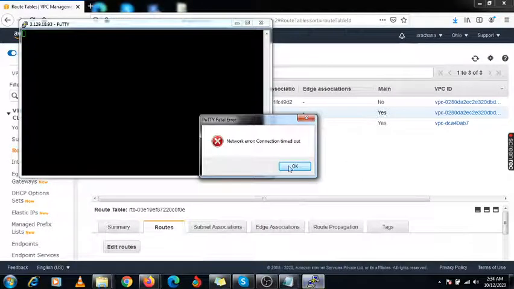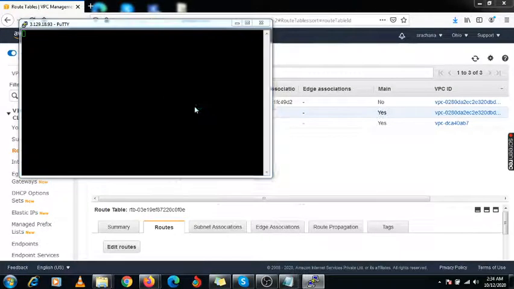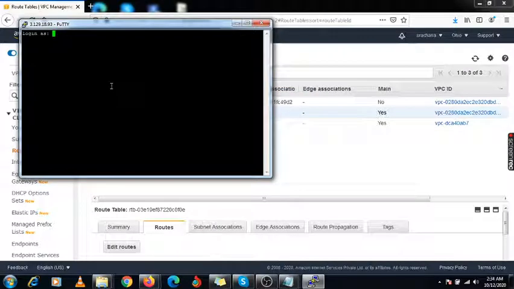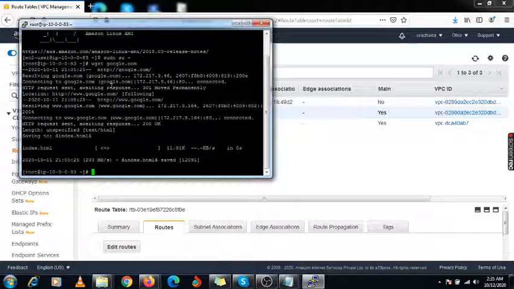Now you need to check this machine, just restart it. Now this machine is accessible, right? So here I need to specify ec2-user, then sudo su -. Now I am under this group. You just try to ping or wget google.com. Perfect, it is working.